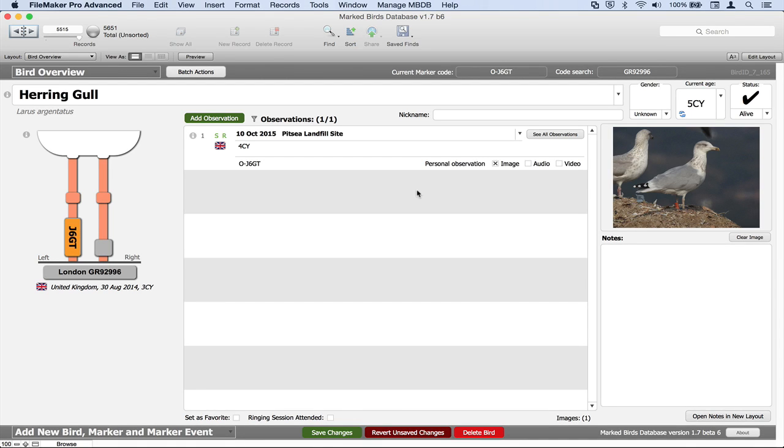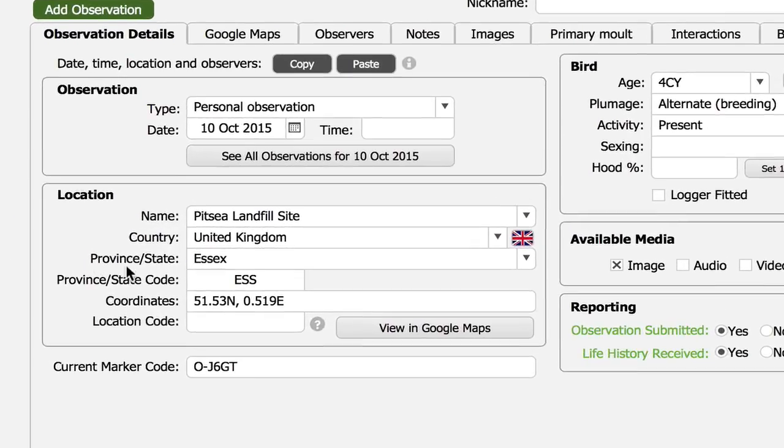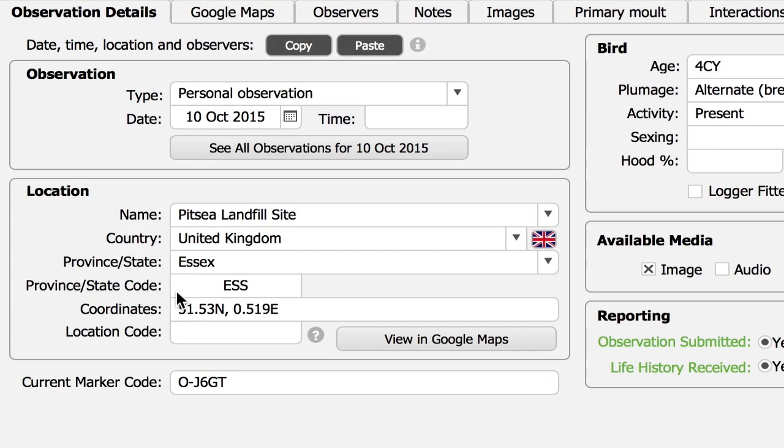In this video I want to show you a new feature that has been added to the MarkBirds database, which has actually been missing right from the very beginning, which is the option to store the province or state name and its code to a location. Now, even though it's just two fields to store information in, it was quite a bit of work to have